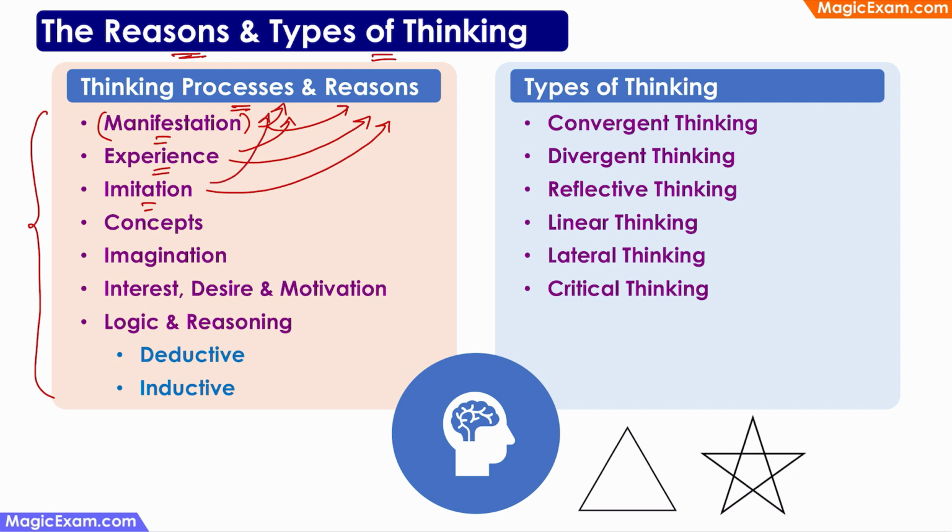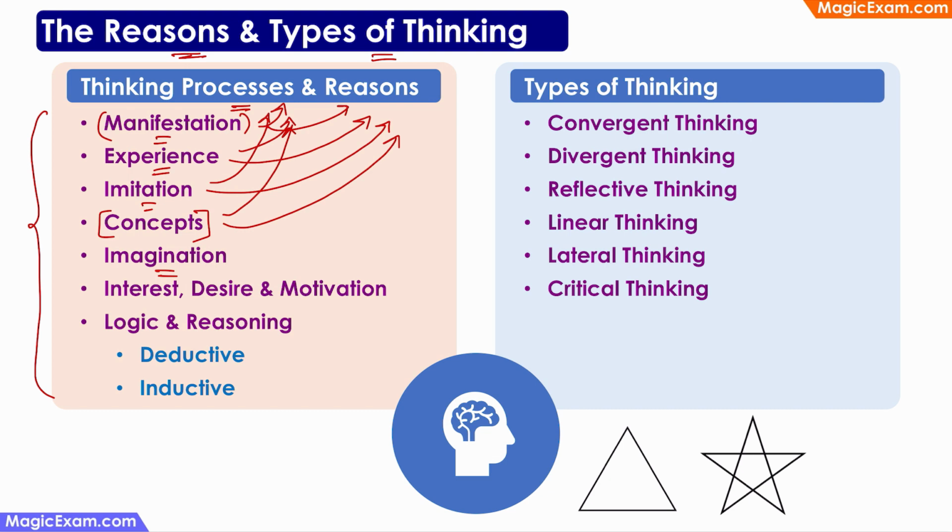And when the child goes to school for the first time, the child is understanding what the school is all about, what happens in a school, what teachers do, what is expected of them. So the child is understanding the concept or the idea of a school. This concept is a reason for thinking, and what is happening in the process of understanding this concept is also a process of thinking.